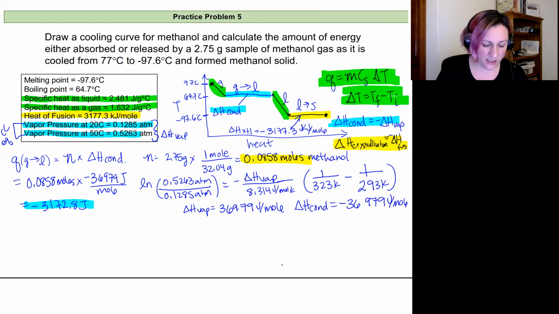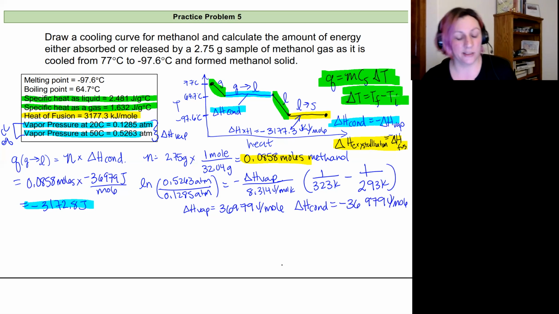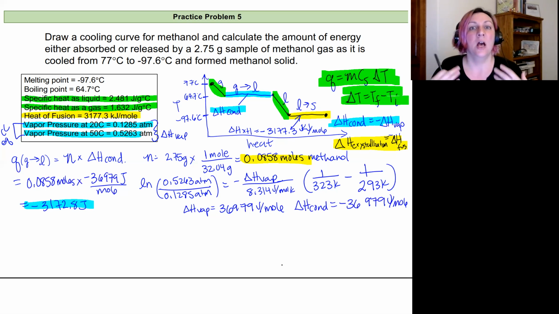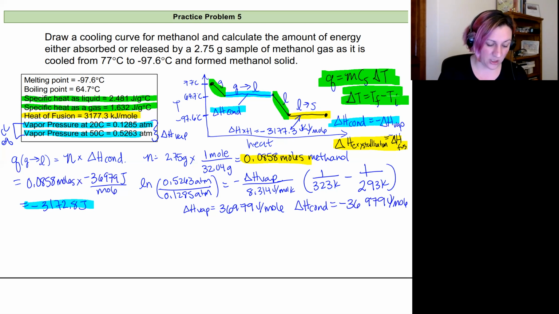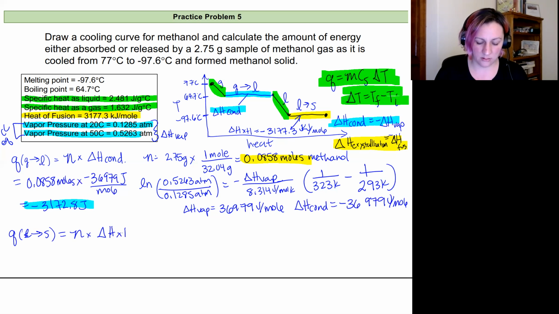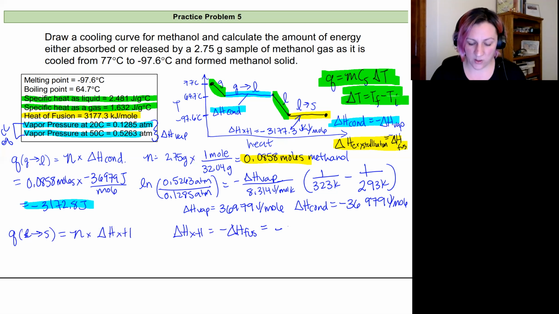So now let's take a look at what happens when we go from the liquid to the solid. Now we already have a heat of fusion, so this will go a little bit faster because we already have moles. We don't have to calculate the enthalpy of fusion. So the heat to go from a liquid to a solid is going to be equal to the number of moles times our enthalpy of crystallization. Now, that enthalpy of crystallization is equal to the negative of the enthalpy of fusion, which is given to us. So it's going to be equal to negative